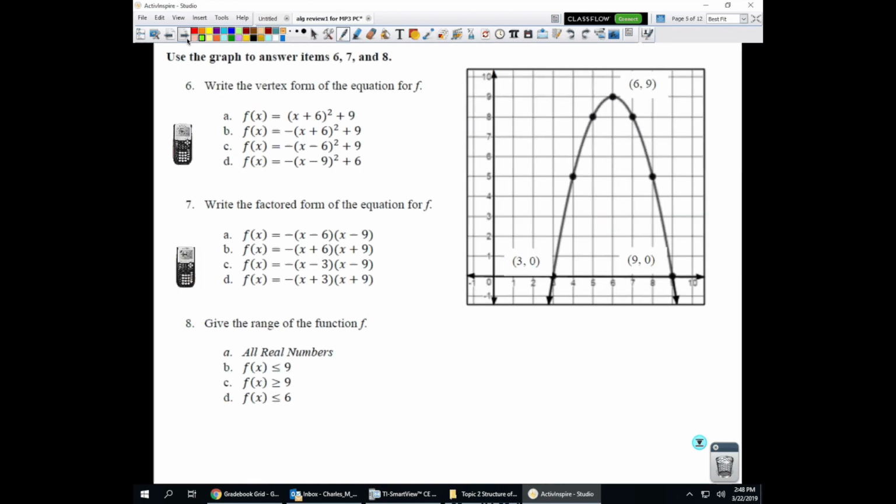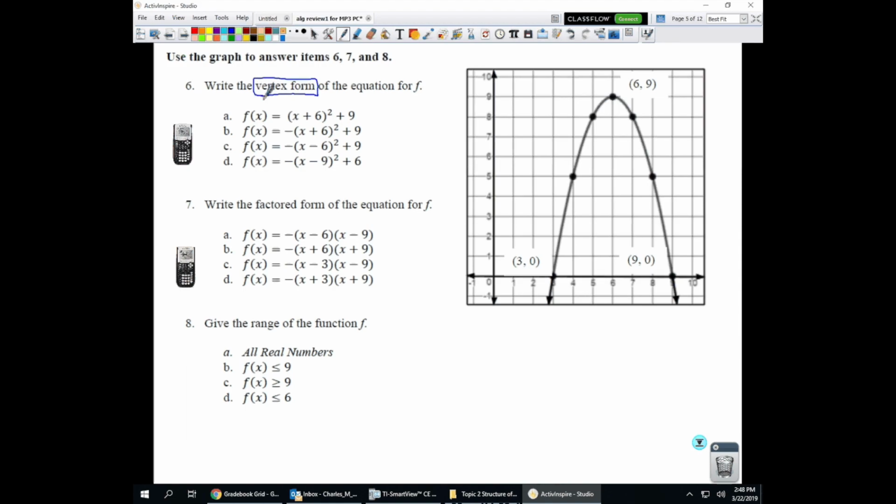Numbers 6 and 7 again indicate that if you get stuck and you have the time at the end of the test, you can just use your calculator, check each of those choices one at a time, and try to match it to the graph you see. But hopefully we don't need that. Hopefully we can do vertex form